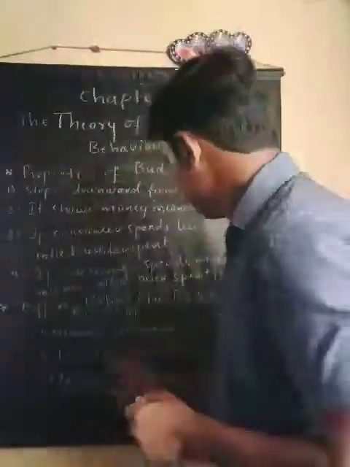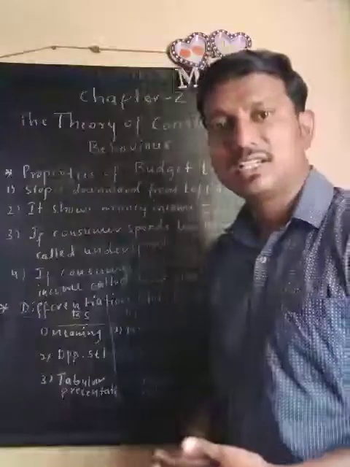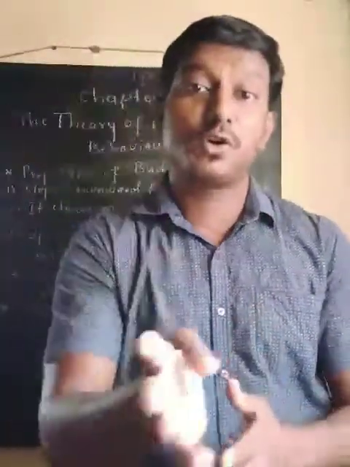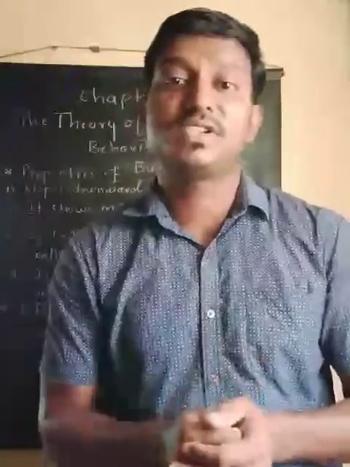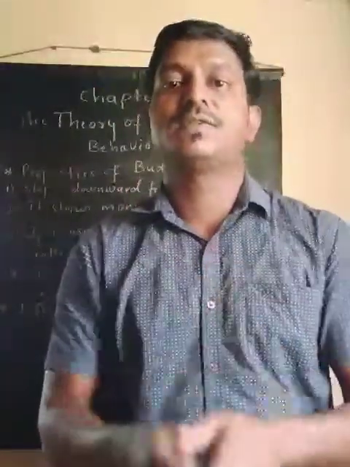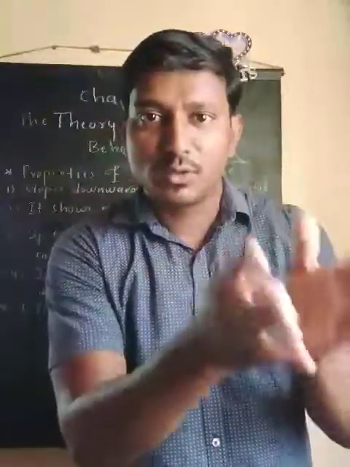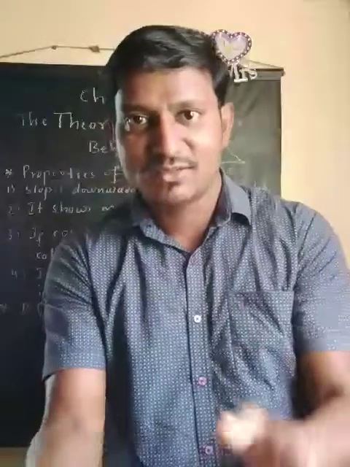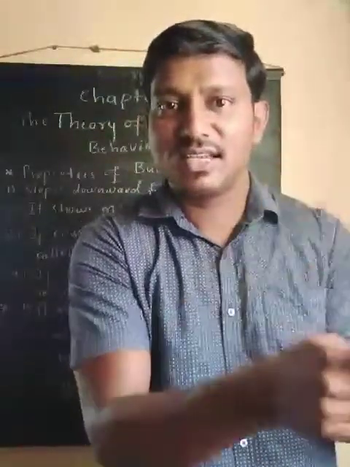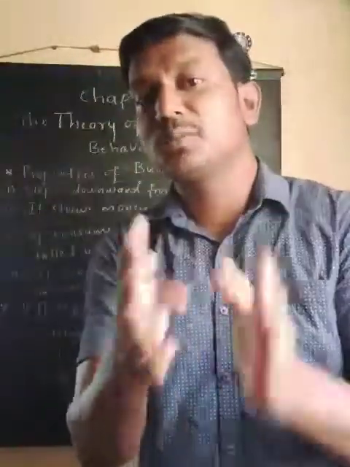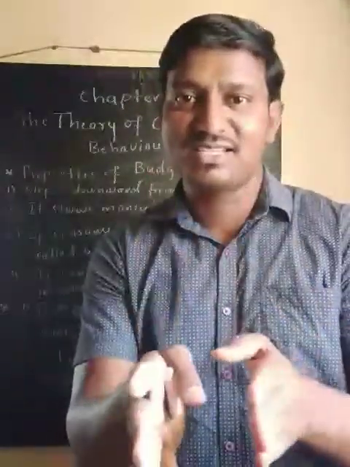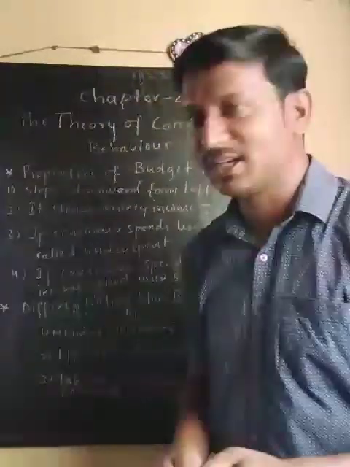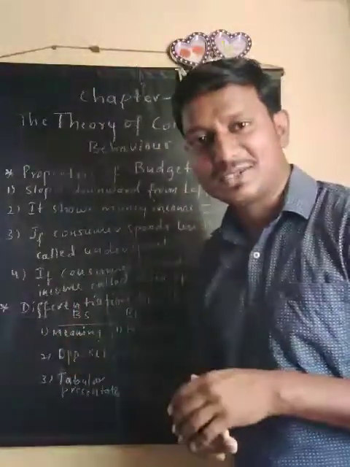At the same time, if we come to the budget line, what is budget line? Budget line is a line which shows where the income of a consumer is exactly spent on the cost and purchase of different bundles of two commodities. It is a line where the total money income is exactly equal to cost, whereas the budget set is a set of different bundles of commodities available to a consumer at market price and a given level of income. So from the meaning point of view, again these two are different.